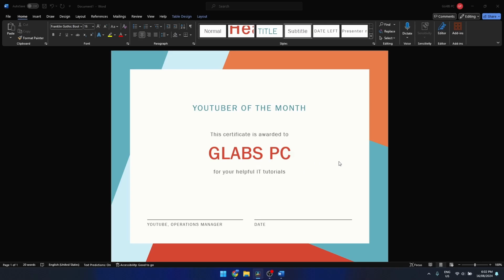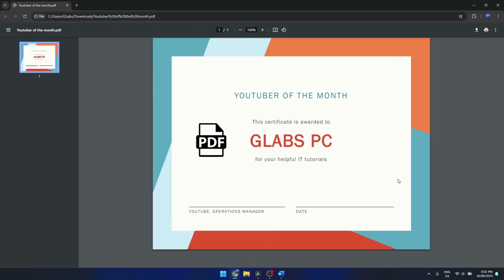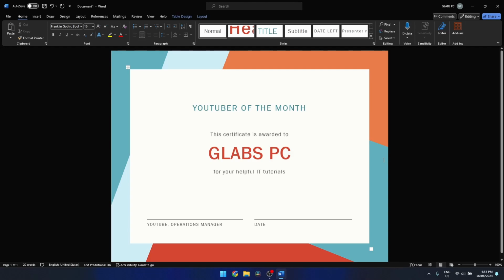Hey guys, in today's tutorial, I'm going to show you how to take any Word document and convert it to PDF. Alright, so the first thing you want to do is open up the Word document that you want to